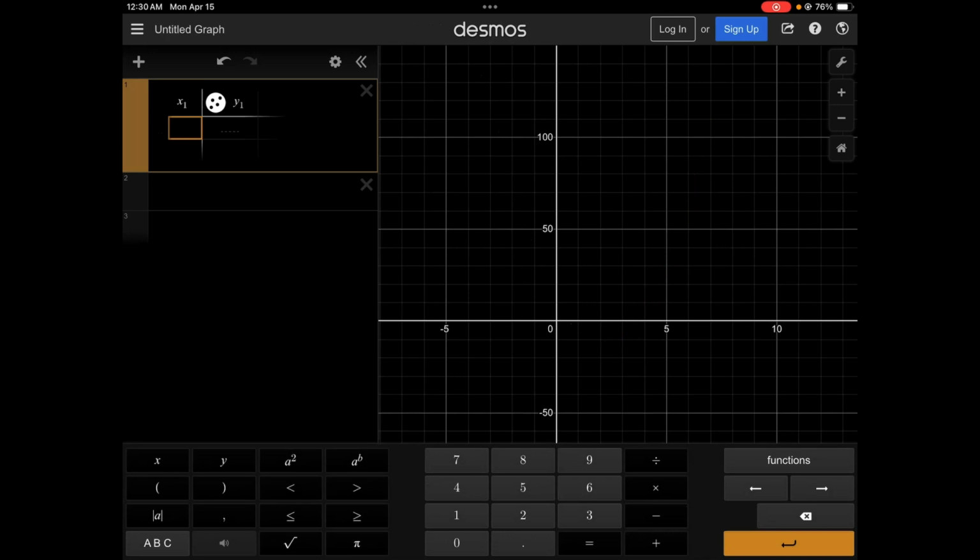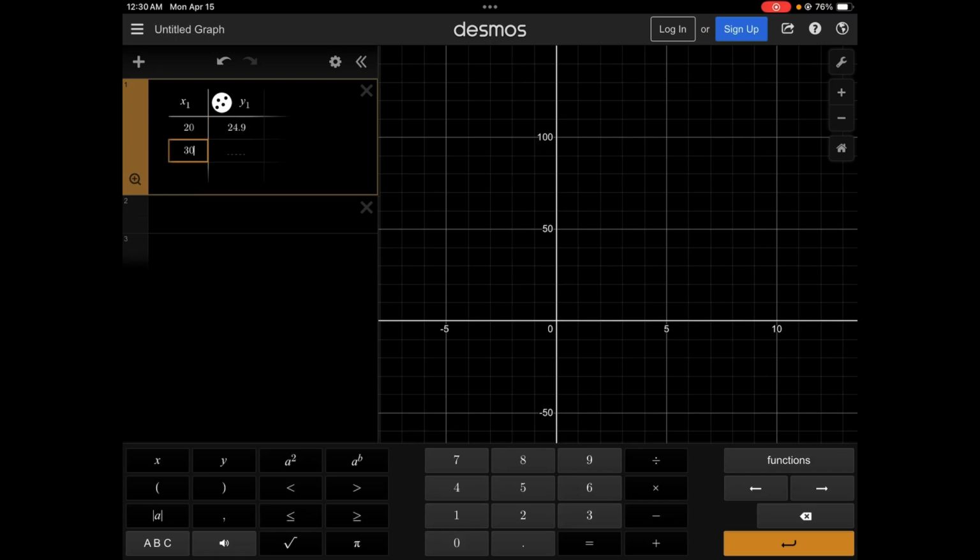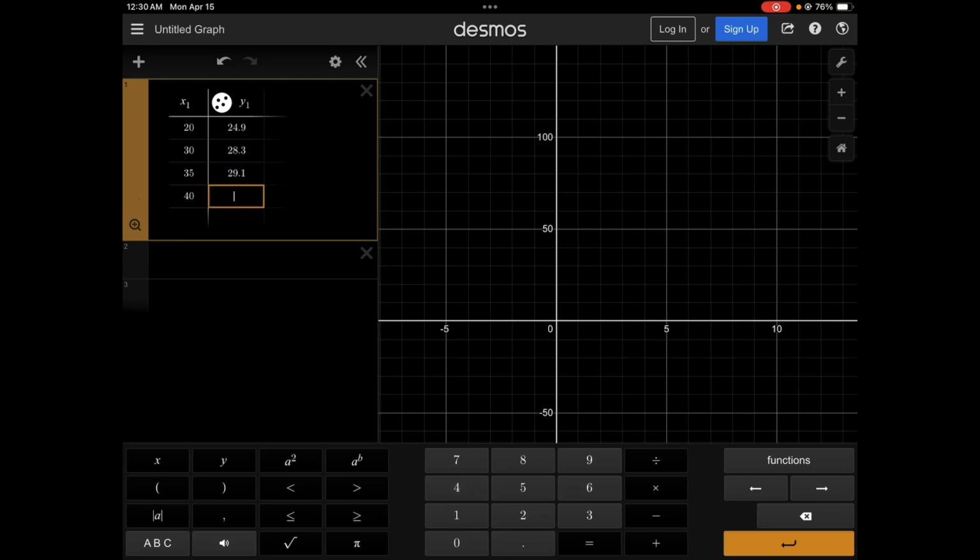Table. We have 20, then we have 24.9, 30, 28.3, 35, 29.1, 40, 30.1, 50,